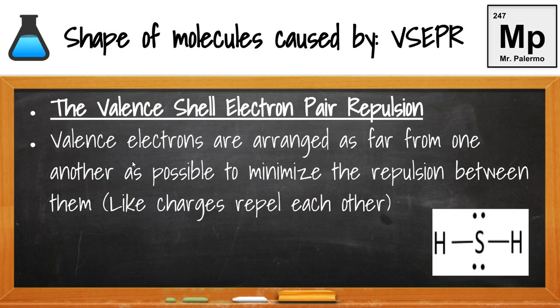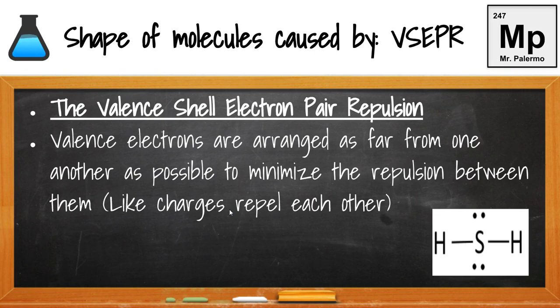The resulting shapes of the molecules is caused by something called VSEPR, which stands for valence shell electron pair repulsion. What this basically means is that electrons are negatively charged and they will repel each other because like charges repel like charges. And so these electrons are going to push away from each other, and as they do that, the molecule is going to change its shape. And it's going to arrange itself where the electrons are as far away from each other as possible to help